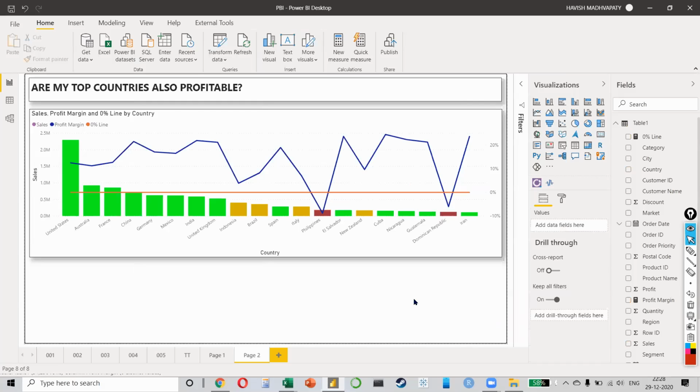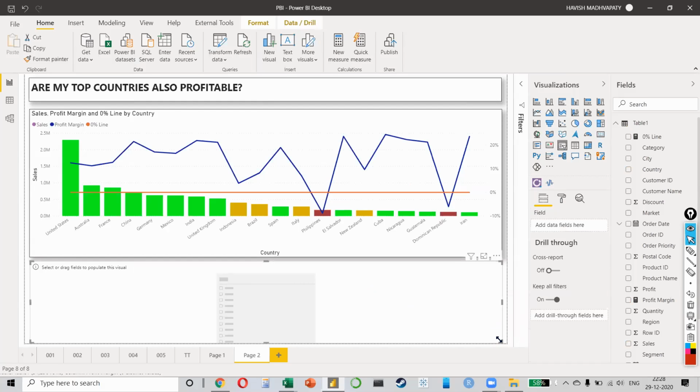Right? It's not difficult. It's just that there are a lot of things that you're learning. Filter, the colors, the combination chart, how to create the DAX measure. It's just that there are too many things happening. But yeah, it's not difficult. It's just that you have to keep in mind all these things.